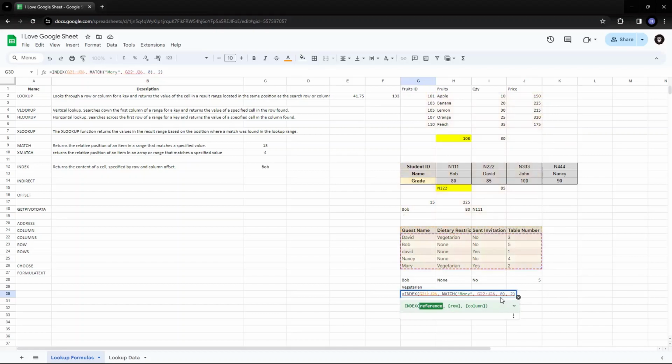G21 to G21. Let me see. D6. Okay, I have to match it not in the entire thing. I have to match it only in G column. Right? Okay. So this is how you can have a moving